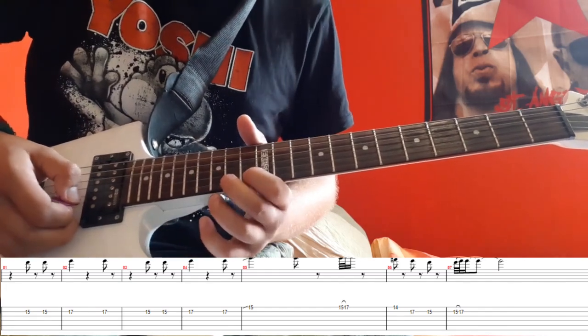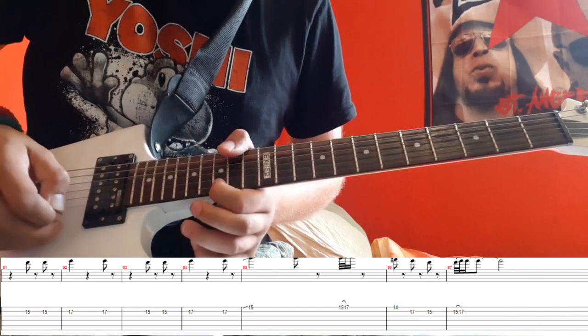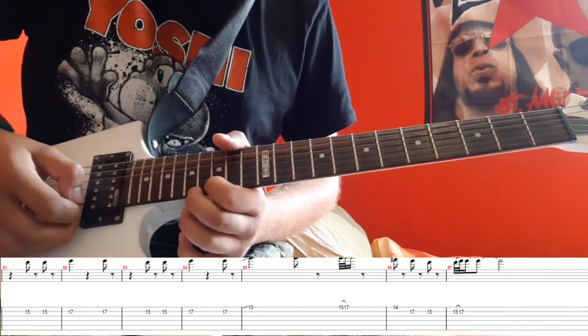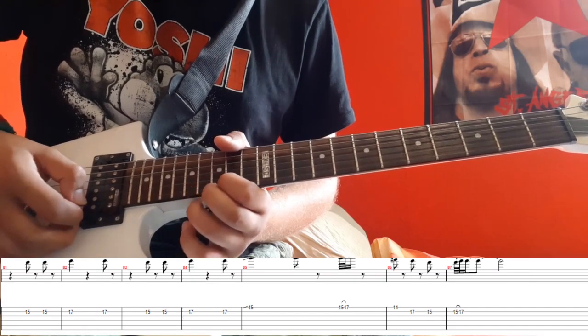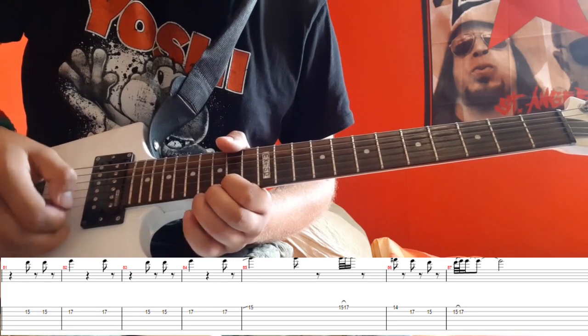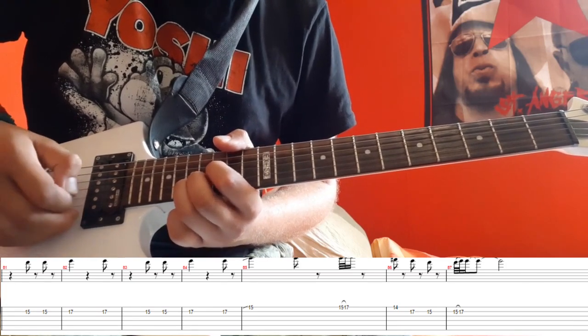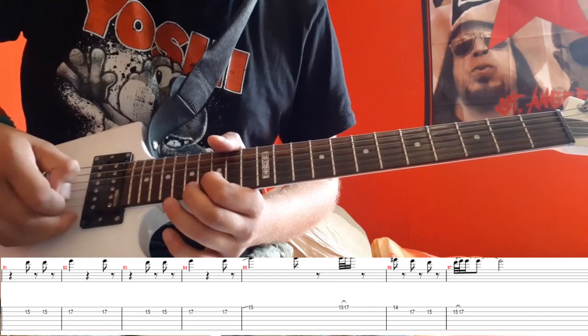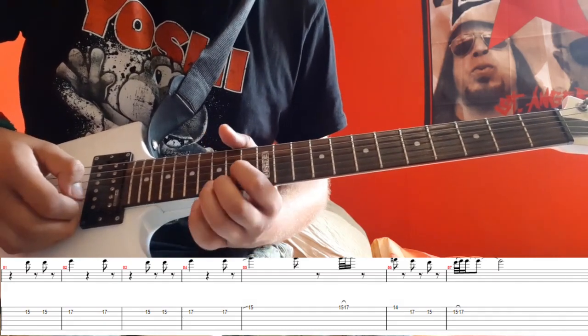Alright, and then you slide to the 15th fret on the E string, the 17th fret on the same string, and then the 14th fret on the E string, and then you go to the 17th fret on the B string, 15th fret, and slide it back to the 17. So it's,